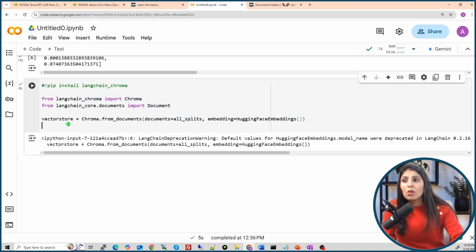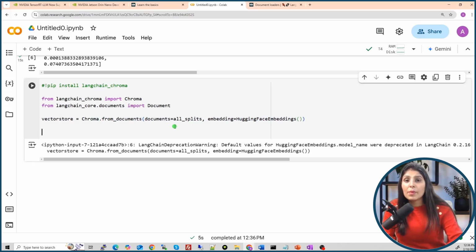Now let's say you don't want to store those embeddings temporarily, you want to store them permanently, so that in future if you want to use those embeddings, there is no need to perform the embedding step again. You can store the embeddings permanently, and whenever you want to use them, you can directly load them from the database.